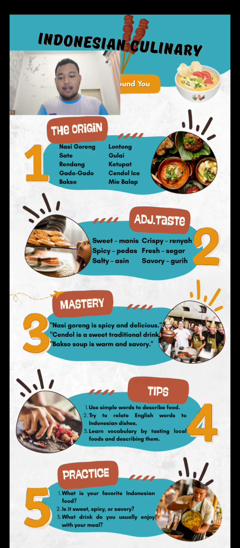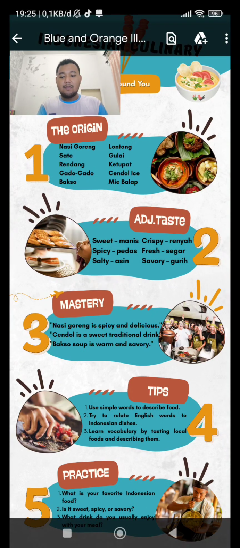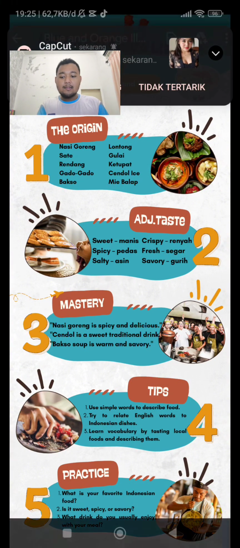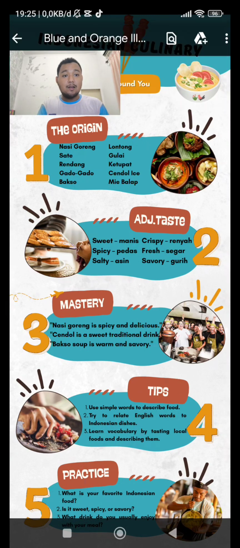It's about adjectives. The adjective in here is about the taste, so you can connect the food and the taste. For example, adjectives like sweet, spicy, salty, crispy, fresh, savory, and others. After they know the adjectives for the food, you can start with a simple sentence. For example, like